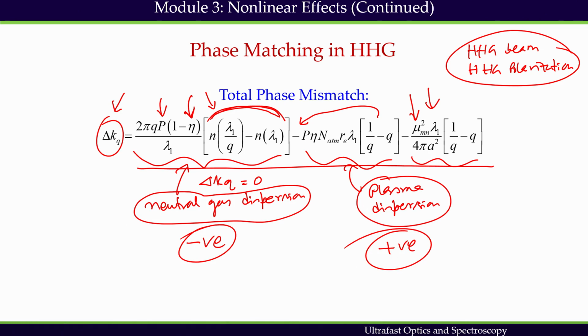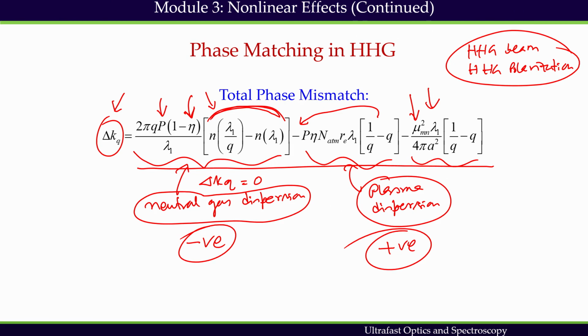When an intense laser beam interacts with a gas medium, free electrons are emitted. These free electrons cause plasma dispersion. As the contribution to the phase mismatch due to neutral gas dispersion is negative, and due to plasma dispersion is positive, the total phase mismatch can be reduced by varying the laser intensity to adjust the ionization fraction. Considering a gas jet, the phase matching condition is when the phase mismatch due to neutral gas dispersion is fully compensated by that due to plasma dispersion.